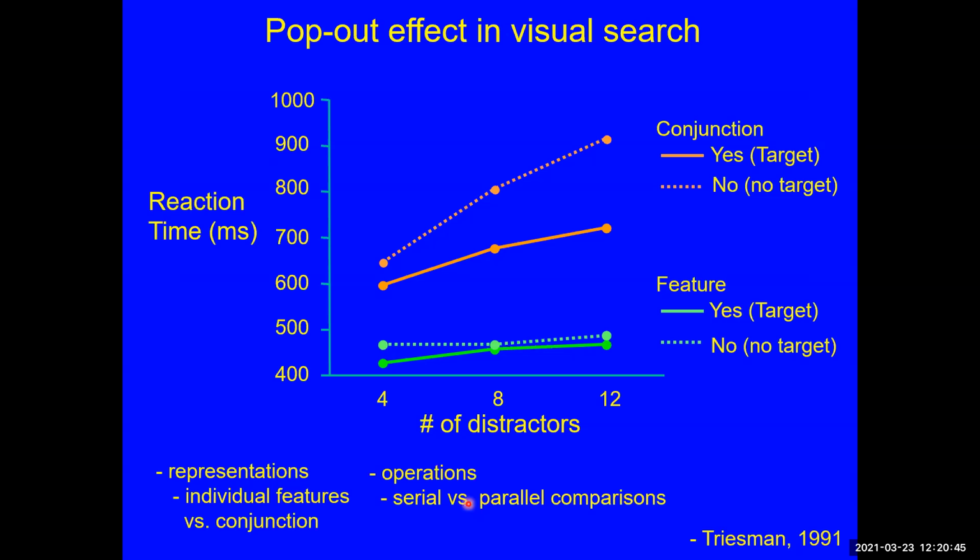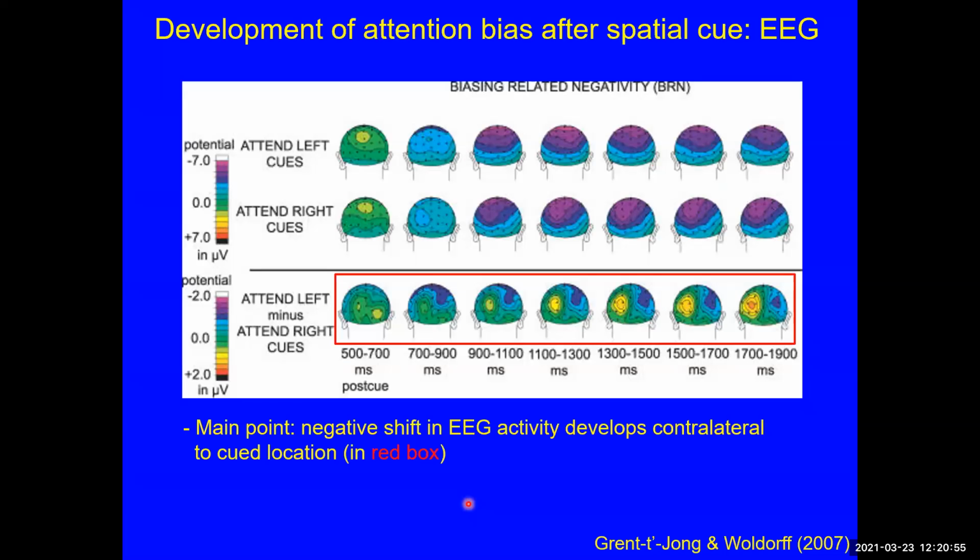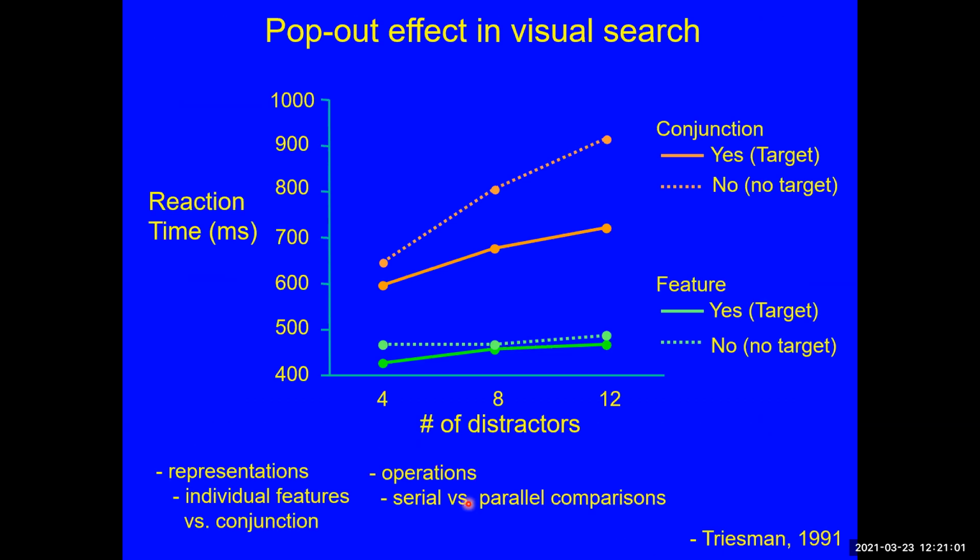All right. So one last thing, I forgot that I put this in as well. We've been talking a lot about endogenous shifts of spatial attention. And what we just talked about here is electrical activity in response to when you voluntarily shift attention. There are ways to capture attention, and we talked about this as well earlier, which is when you have a